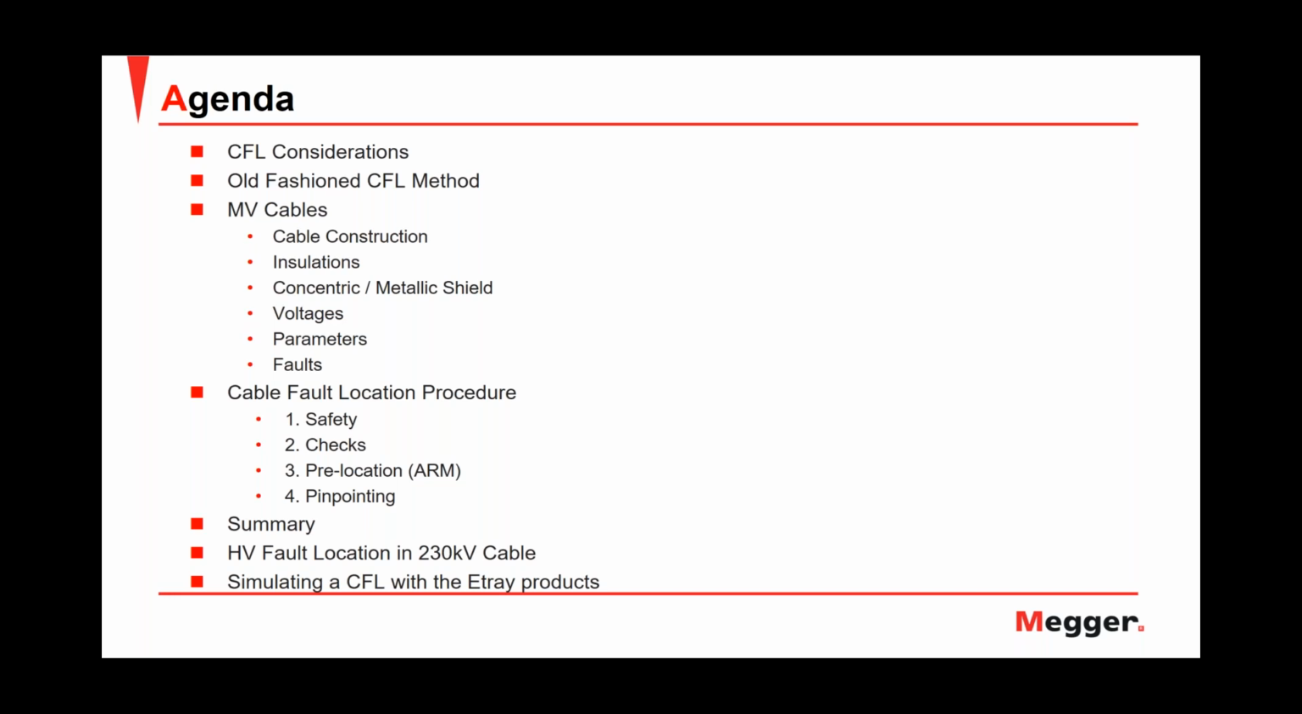We will continue talking about the cable fault location procedure, and we will analyze each of the 4 steps: the safety, the checks, the pre-location using the arc reflection method, and pinpointing. Then we will do a brief summary of the arc reflection method, and we will see an example of a fault location in a high voltage cable of 230 kV. And we will finish this webinar with a simulation of a cable fault location using the trade products. So let's start with the